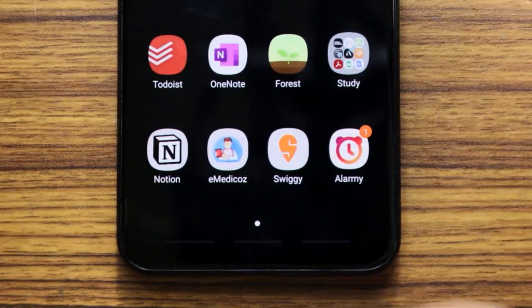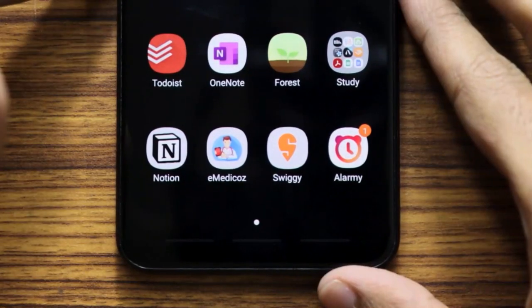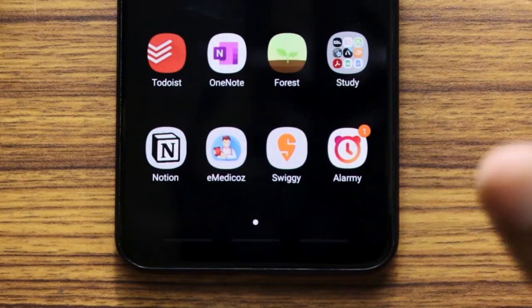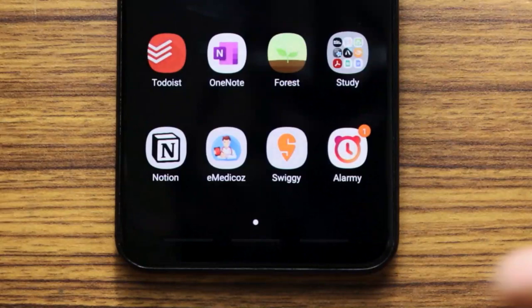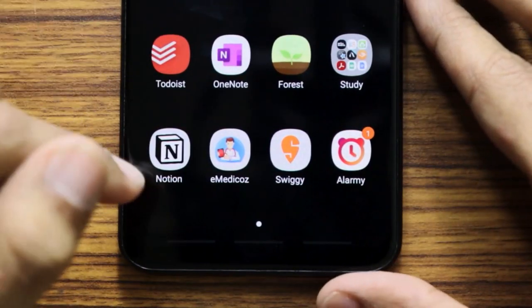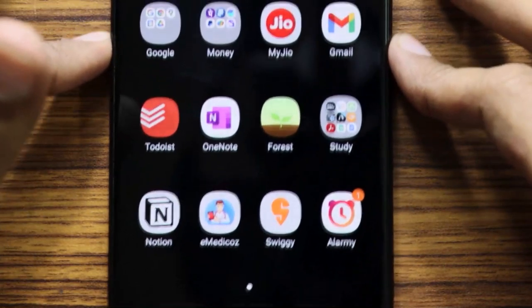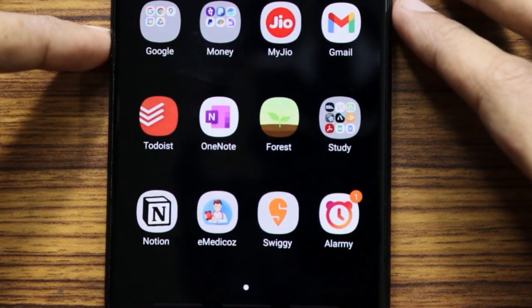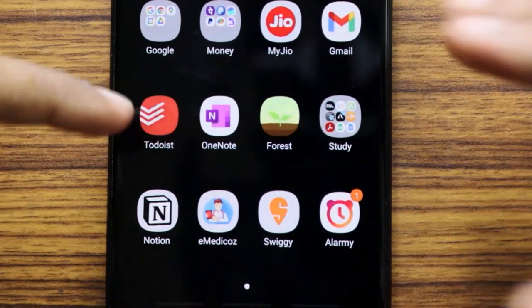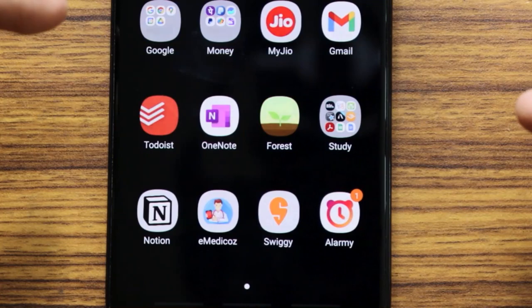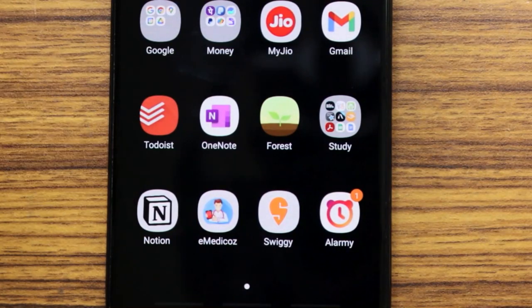Then we have Notion. I have been trying Notion more and more, but Notion doesn't have good support on the cell phone, but still it's here to find out how I can use it better. And an important thing is Notion is completely free. That's another thing which I have seen other apps don't support. For example, even though OneNote seems as if it's free, there is a limit for the amount of data which you can use, and after that you have to pay for the space. But in Notion there's no such thing.